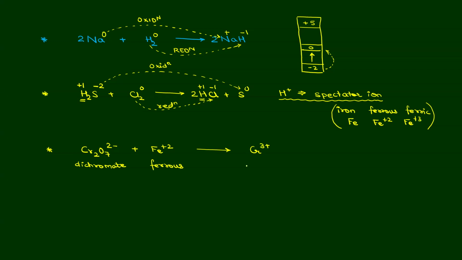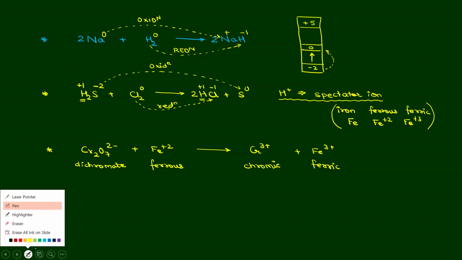So chromium का 3 plus is called chromic, same as ferric वाला 3 plus. Fe3 plus would be called ferric. Okay. So you're not supposed to understand what is the reaction here. You're supposed to understand the modern idea of redox here. ठीक है, तो रिएक्शन कैसे आया फिलहाल के लिए नहीं समझना है. अब